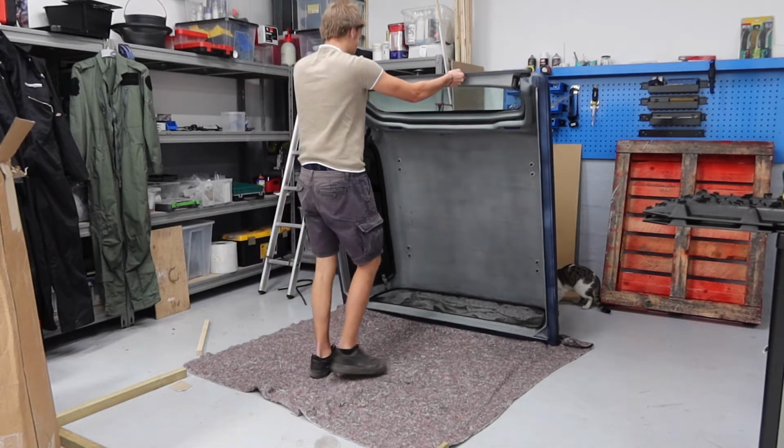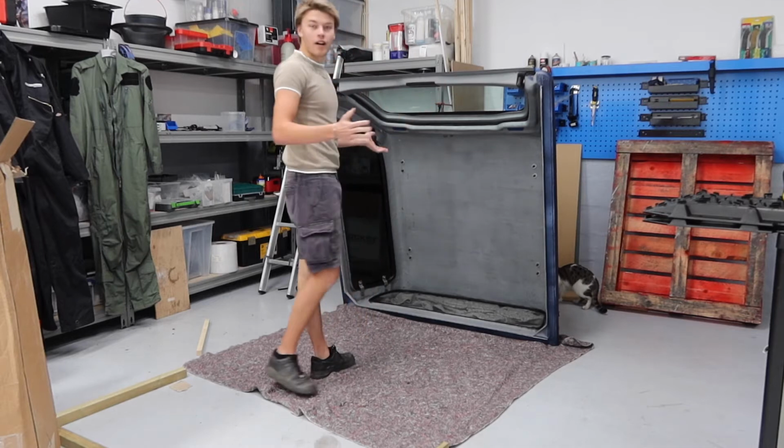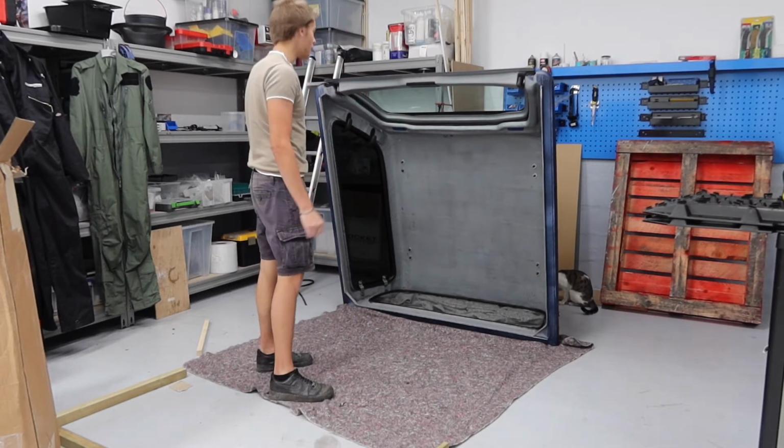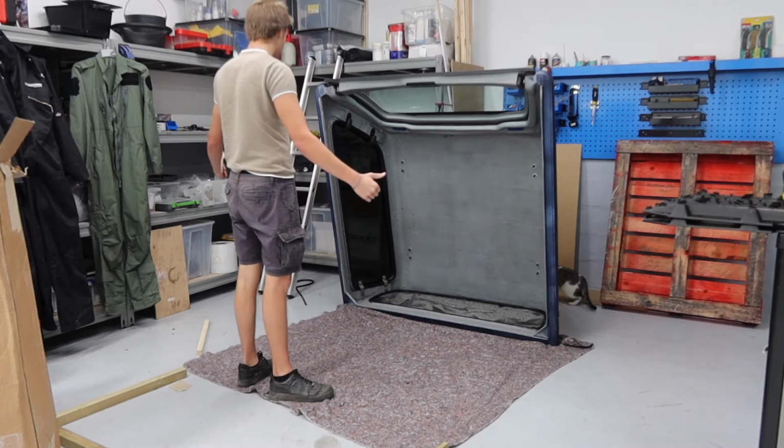Right. Oh! That went so easily! And it's not going to fall over. That is brilliant. Okay, so I've taken the screws off and I thought we'd just have a quick look at